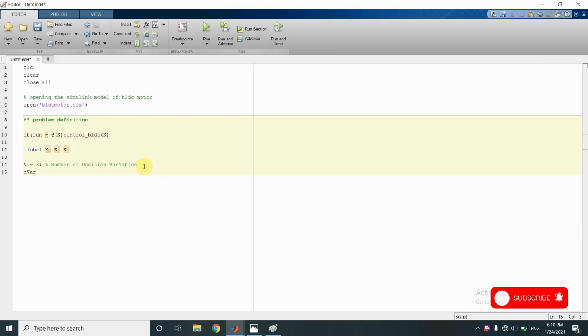And then n var, this is 1 comma n. This is the matrix size of decision variables.